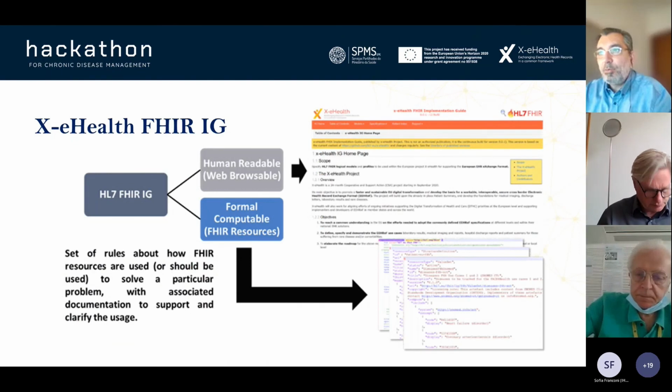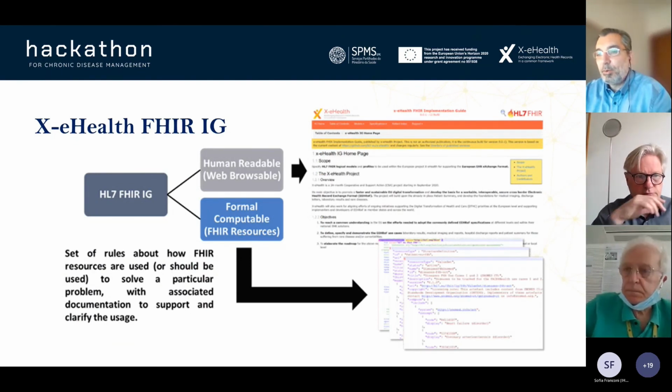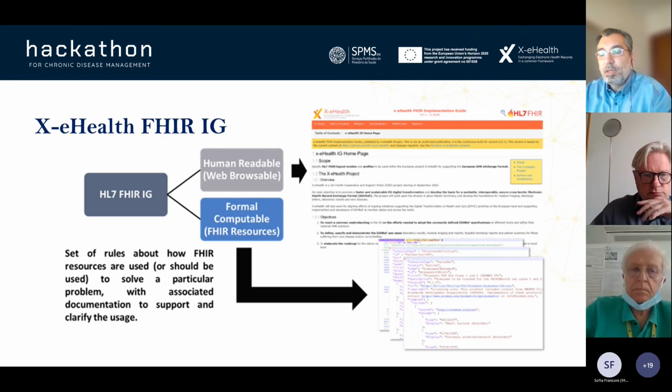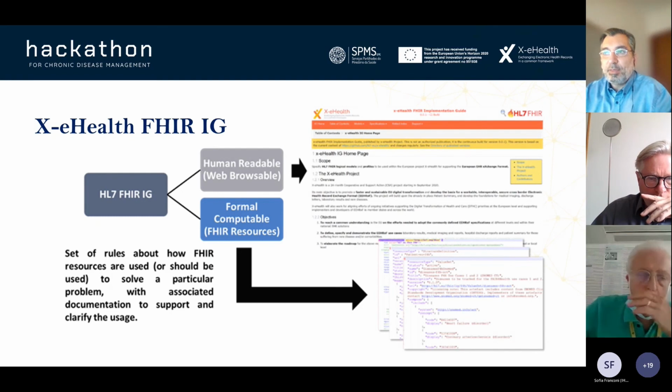So I will proceed, as I told you, now with the FHIR. Some people will say the future is here. So when we talk about the FHIR specification, we mainly mean that we have an implementation guide. So what is an implementation guide? It is a set of rules about how FHIR resources are used or should be used, in order to solve a particular problem, with, of course, associated documentation to support and clarify the uses. So here, in the FHIR implementation guide, we have information that is not computable,